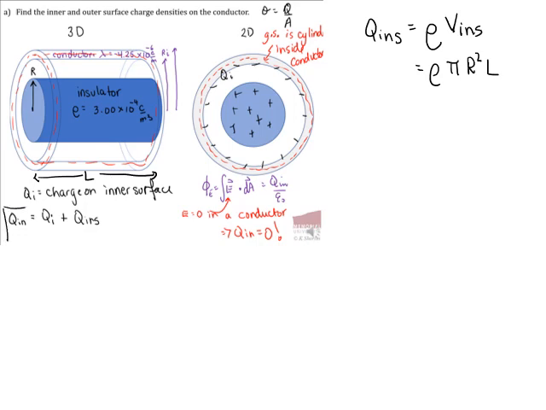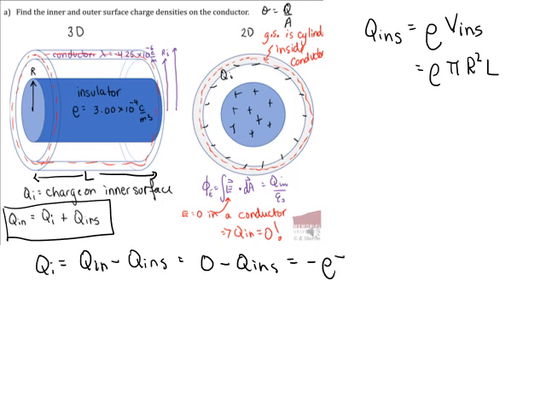So now from this expression, I'm going to solve for the charge on the inner surface. Charge on the inner surface is the net amount of charge enclosed by the Gaussian surface. Take away my charge on the insulator equals 0, minus my charge on the insulator equals minus rho times pi times r squared times L. So my Q on my inner surface, Qi, is going to be minus rho times